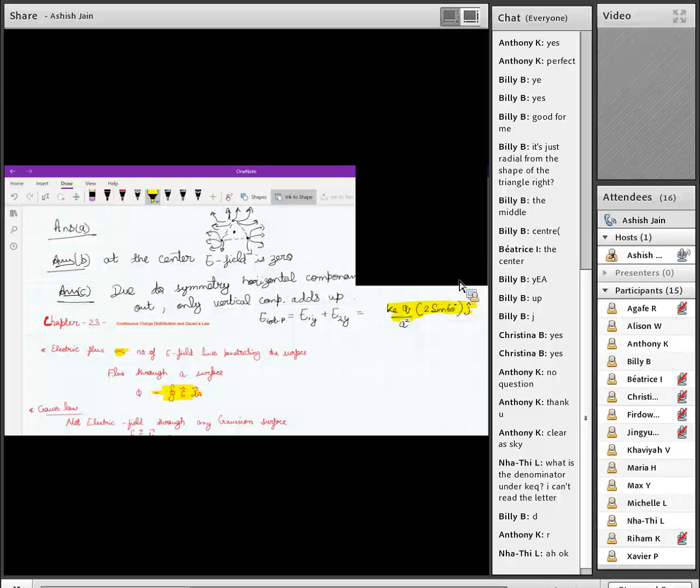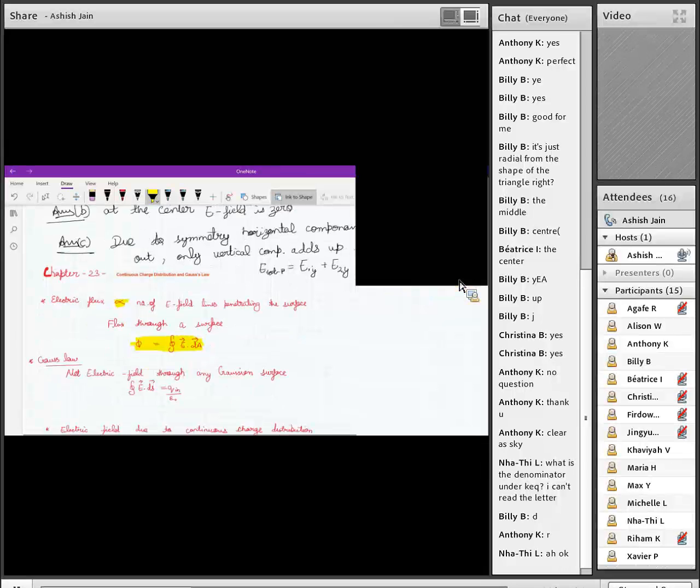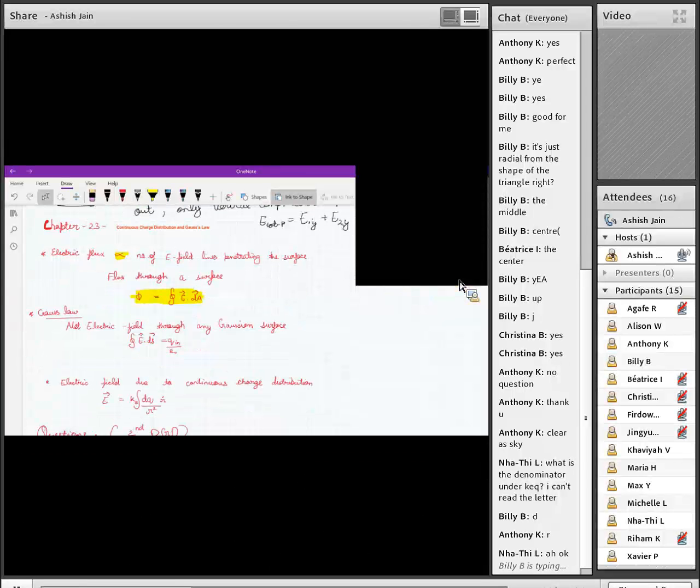Flux is a scalar quantity, not a vector quantity. That means it has no direction. Perfect. That means it's a number. Gauss's law says that the net electric flux through any Gaussian surface,